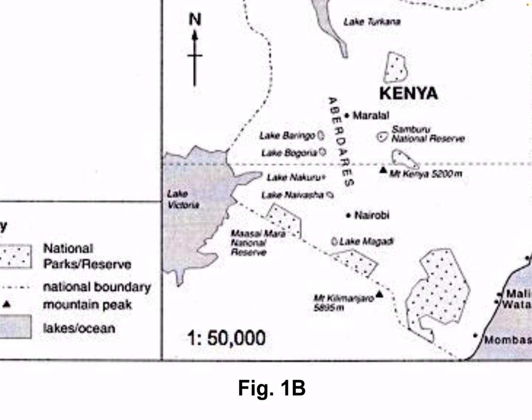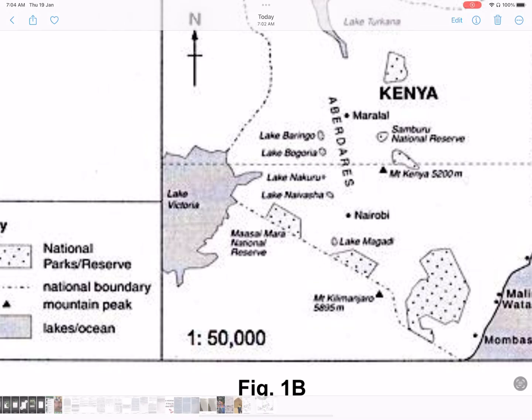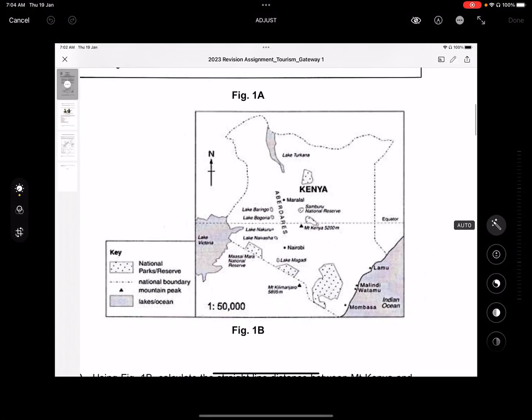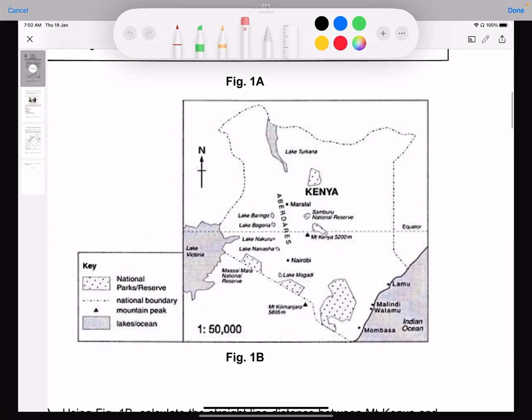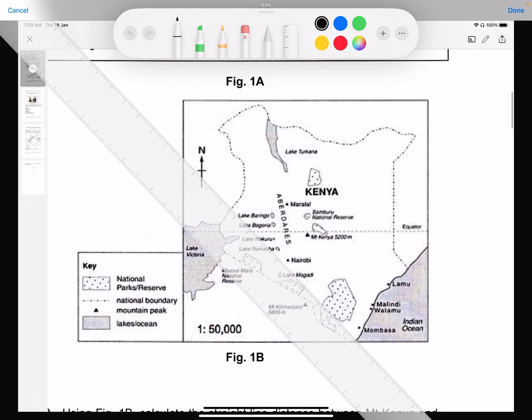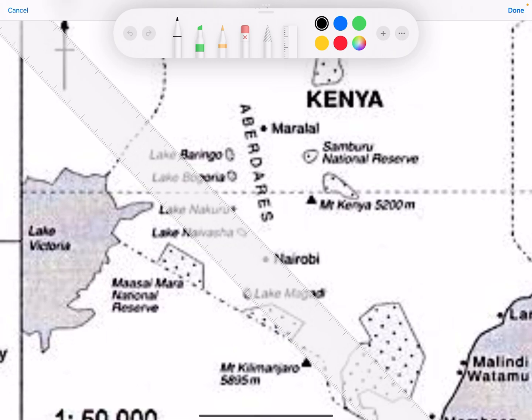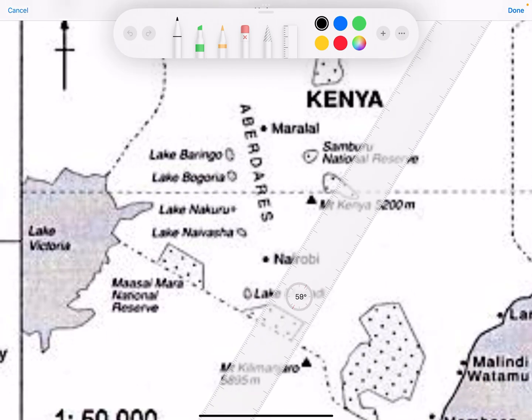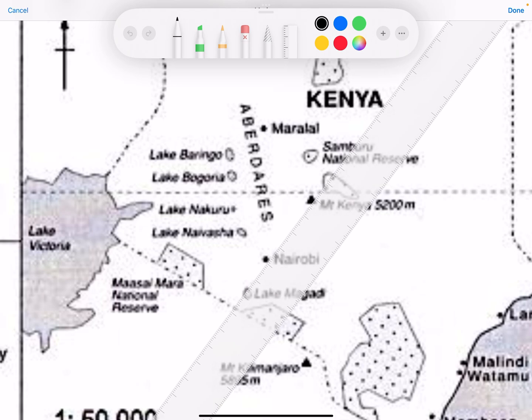So if I want to find the straight line distance between Mount Kenya and Nairobi, what do I need to do? First thing, I will need to draw a line to join Mount Kenya and the town of Nairobi. Now, Mount Kenya here is illustrated as a triangle, right? In the legend here, as I zoom in, you can see this is a triangle. Nairobi is only indicated as a dot. So I need to find the middle point of the triangle and the middle point of the dot, and I will join them up